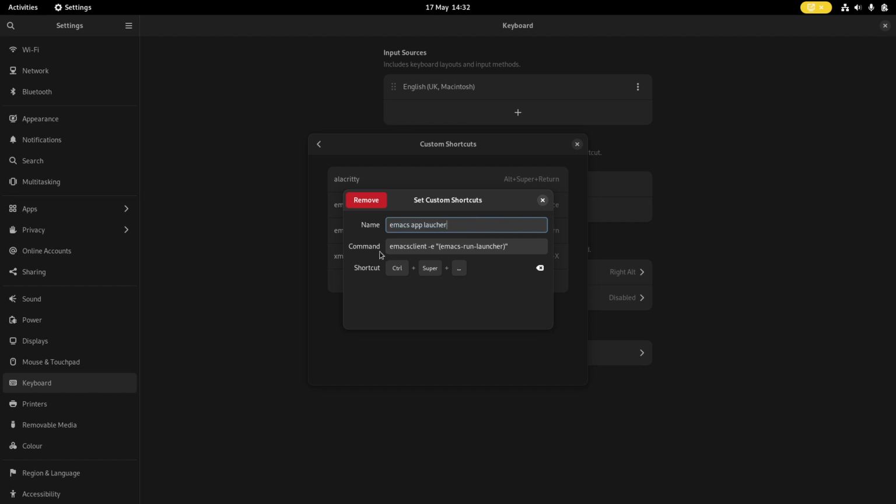So you give it a name, and this is the command that we're actually running: emacsclient -e, double quotes, and in parentheses, emacs-run-launcher, which is the name of the function. Okay,